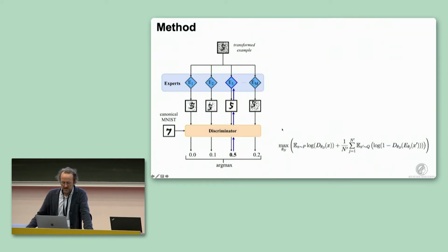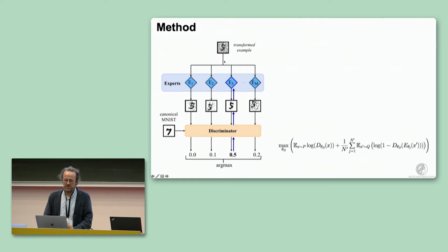Then we came up with a model that takes as input distorted images and normal images, but we don't tell the system what kind of distortions have been applied. We also don't tell it the digit class, so it just gets these distorted images and normal images, and it's a bit like a GAN, only in a more modular way. So this is basically a GAN which, using a set of different experts, tries to generate realistic images from a distorted image, and then the discriminator checks how realistic these images are compared to the real data set.